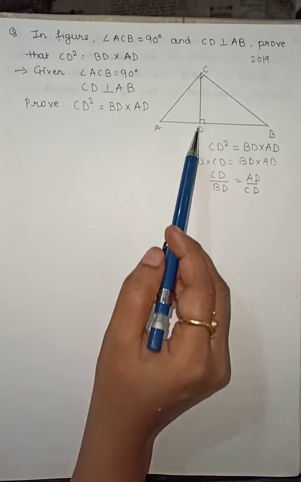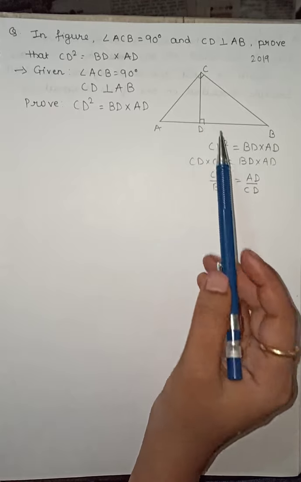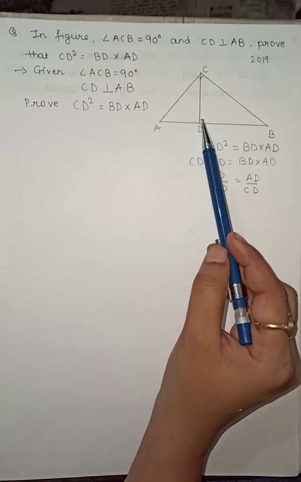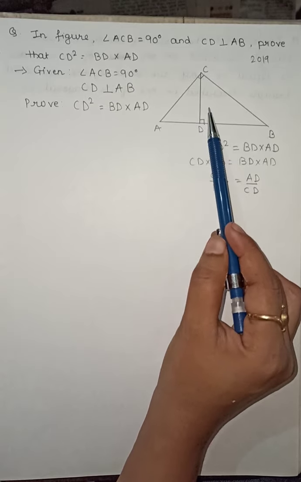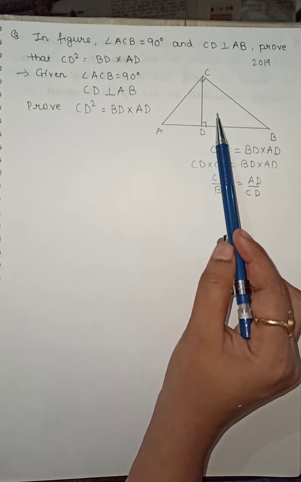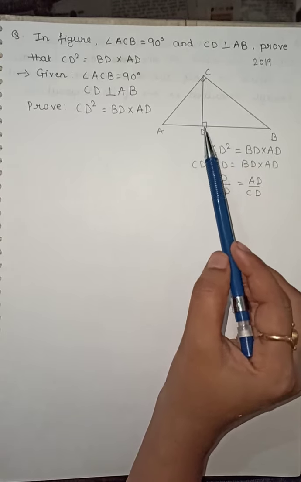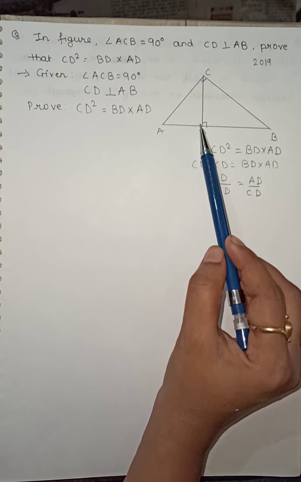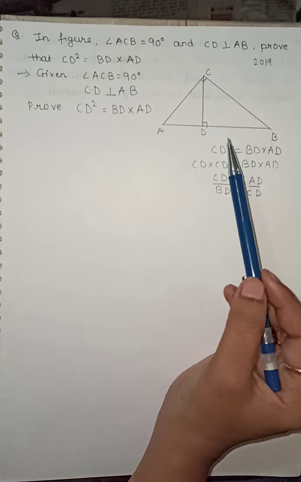So where is CD and where is BD? CD by BD is equal to AD by CD. As you can see, CD is the common side for these two triangles, so the relation is actually between these two triangles. First of all, you should be thinking, can I show these two triangles as similar? You can show them similar if you have any two angles as equal. Both the triangles have one angle of 90 degrees which is equal, but other than this, they don't have any angle which is equal, neither do we have any relation with respect to their sides.